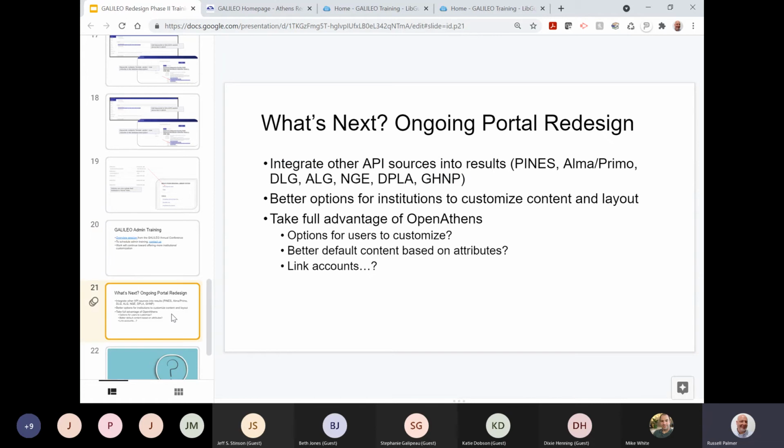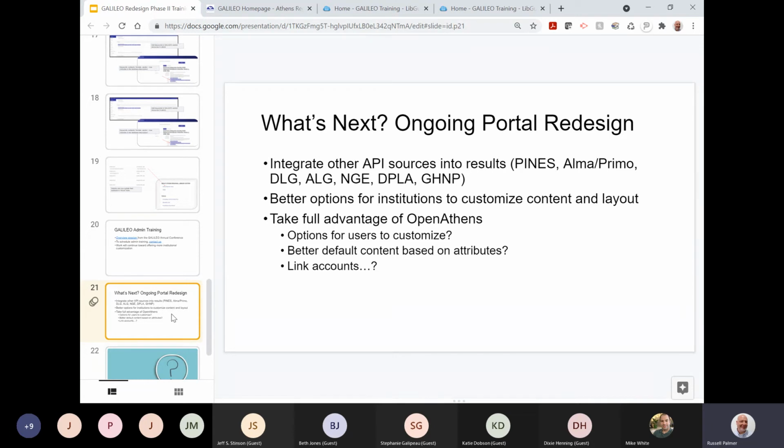And just a few things about what's next. We want to be able to connect more directly to other sources for the bento boxes. Things that we just didn't get to in the initial creation of this that we want to. Hopefully we can work with the Pines team to create a way to surface those print books. There's lots of ways that Galileo does that already in the Discover search, but we hope a direct connection might